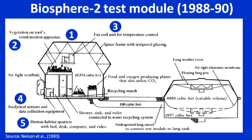It had arrangement for human habitat also. So human beings were allowed to stay inside this closed sealed chamber for 21 days during the experimental time, and the arrangement for human habitat was human quarters with bed, desk, computer and video. The next arrangement was